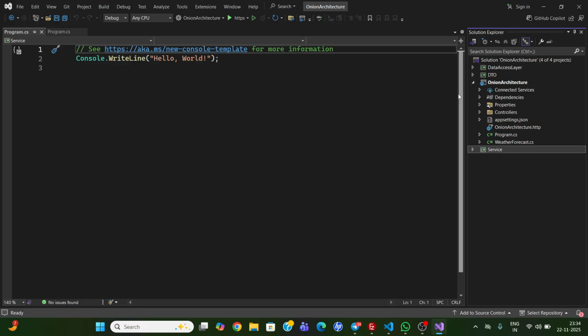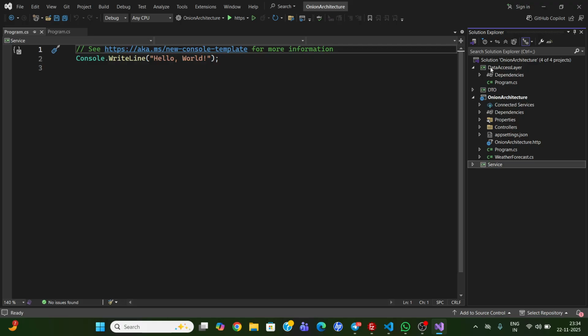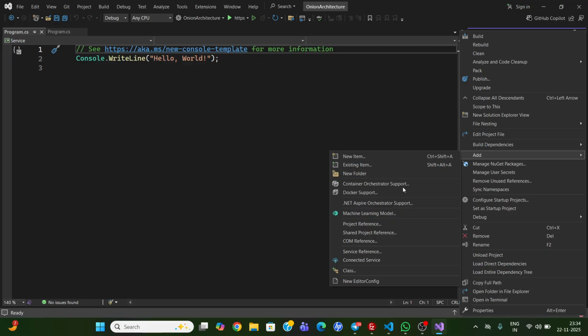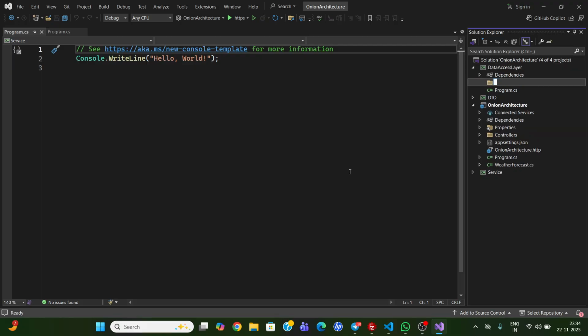So our first step is we need to make a class. So firstly we can make a class here in the data access layer. So here we can make our class. So firstly we can make a folder. You can simply take a